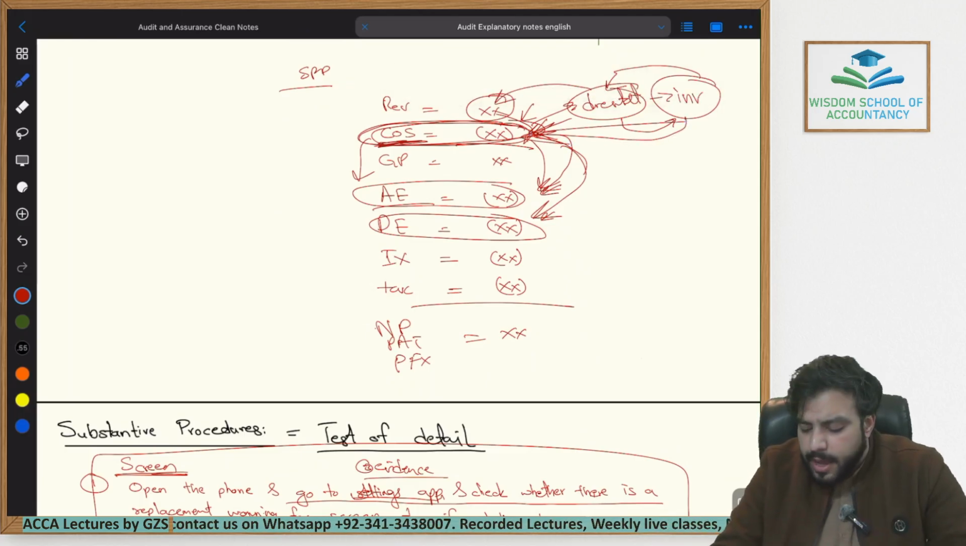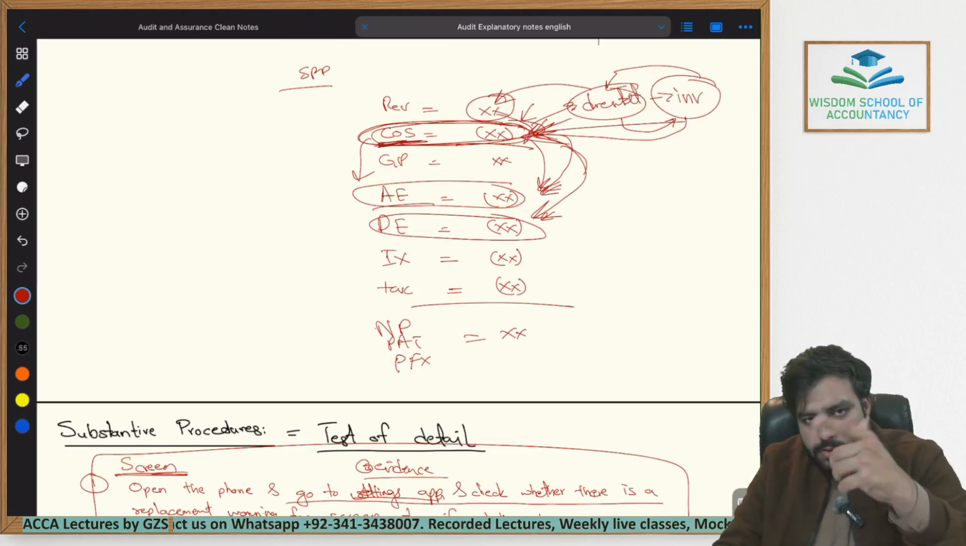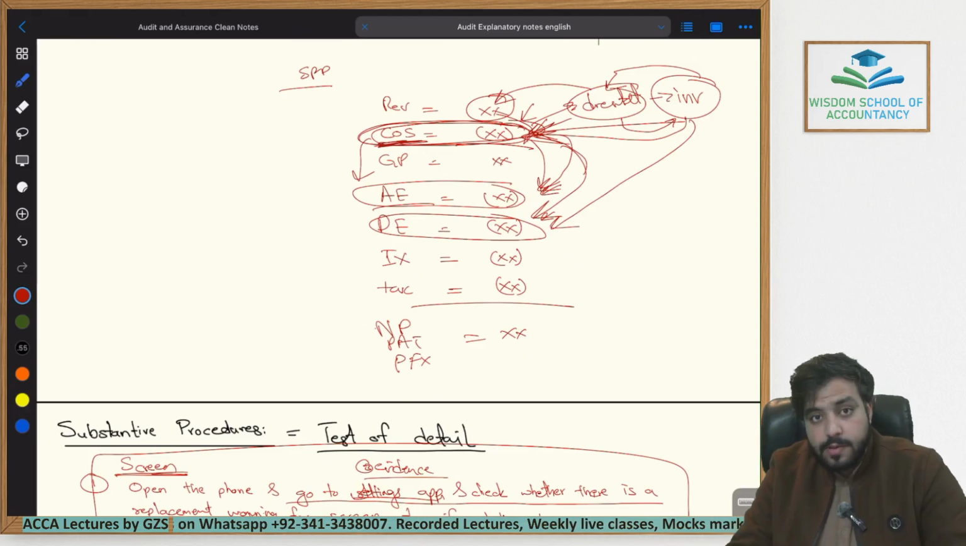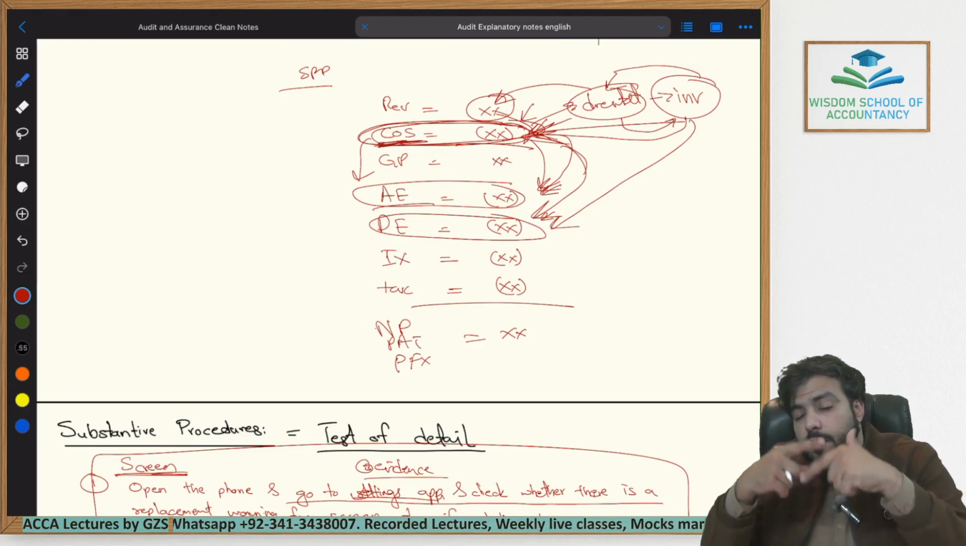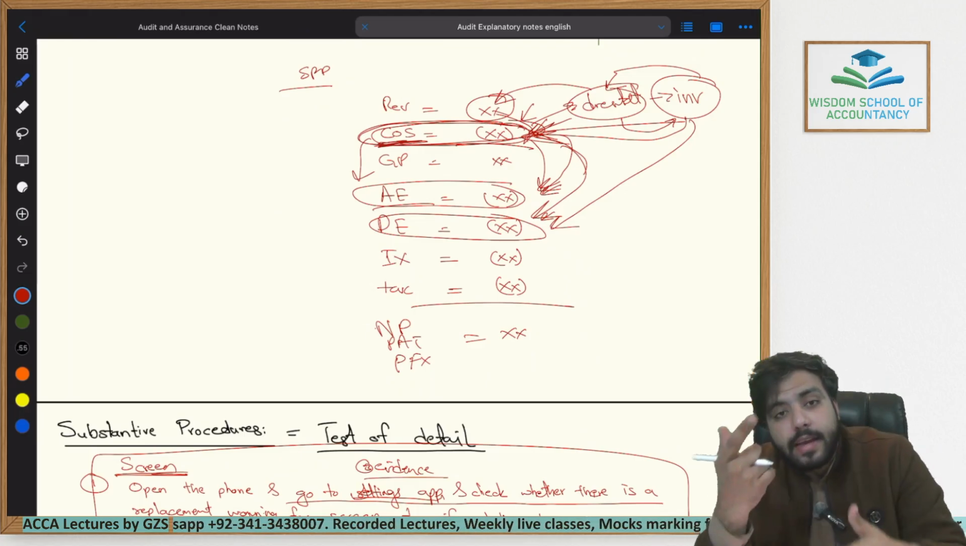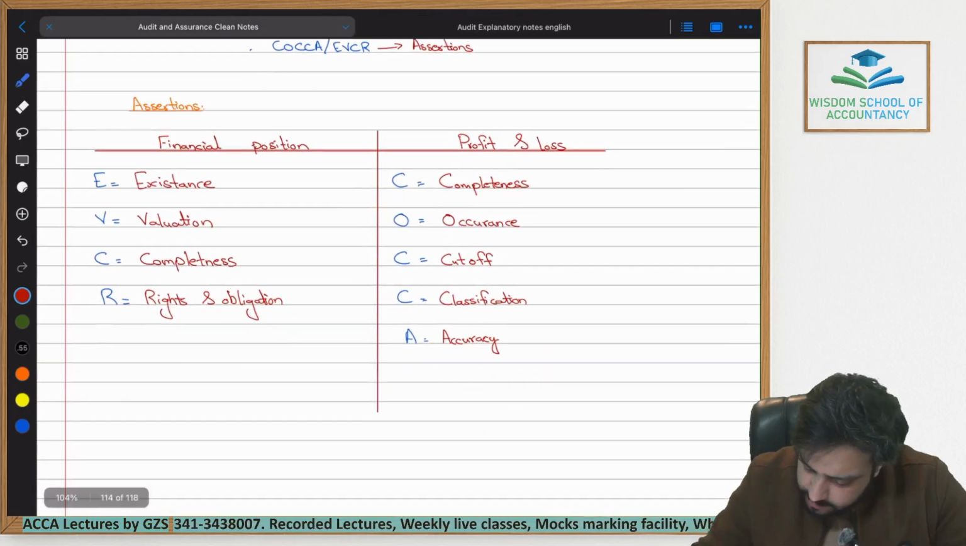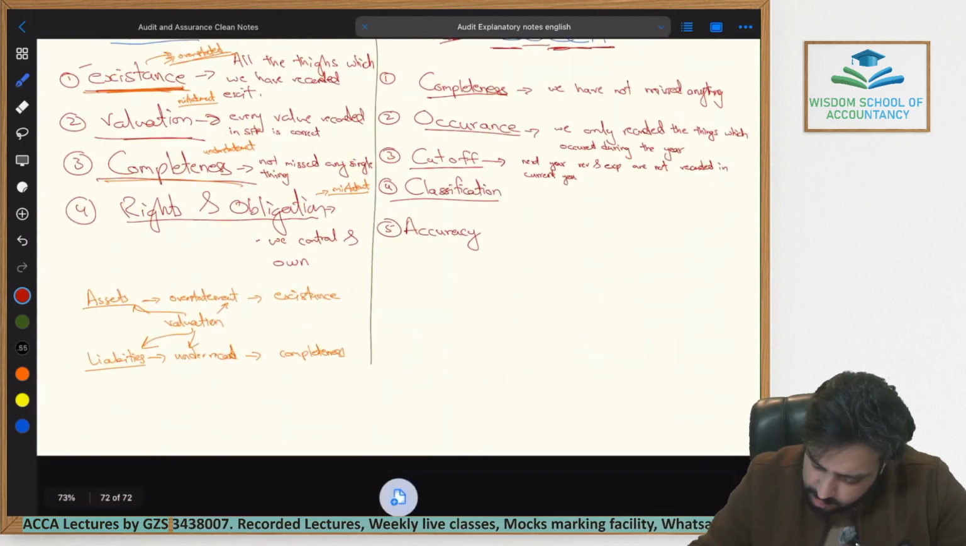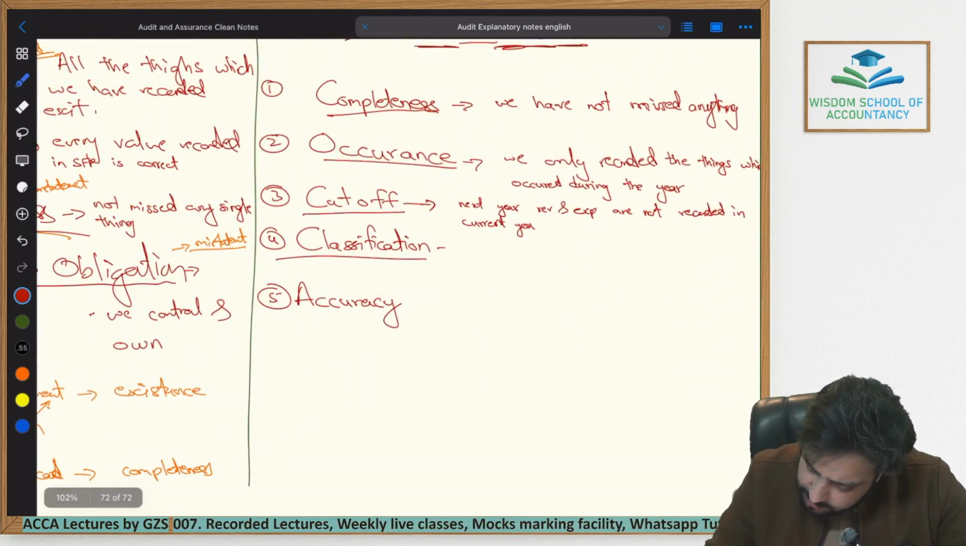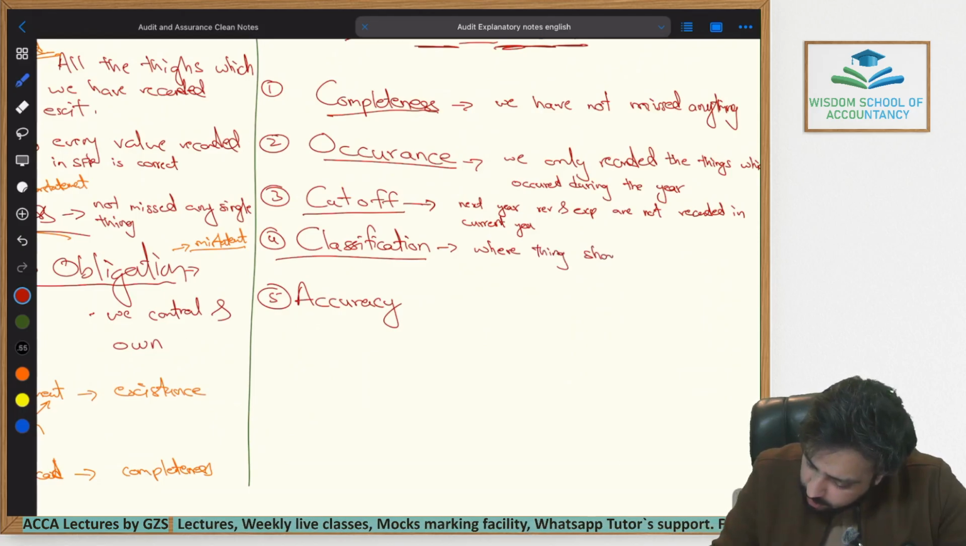What if management has recorded some of these direct expenses of inventory within distribution expenses? This means that the classification of this expense has been done incorrectly. This is classification. This is the assertion of classification. Classification means where things should have been recorded,